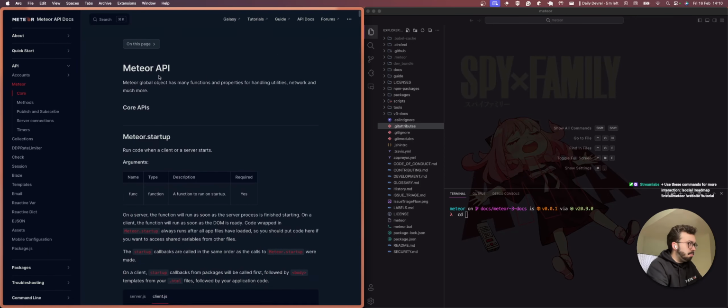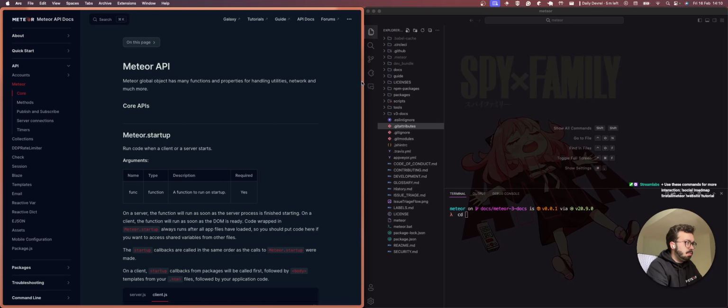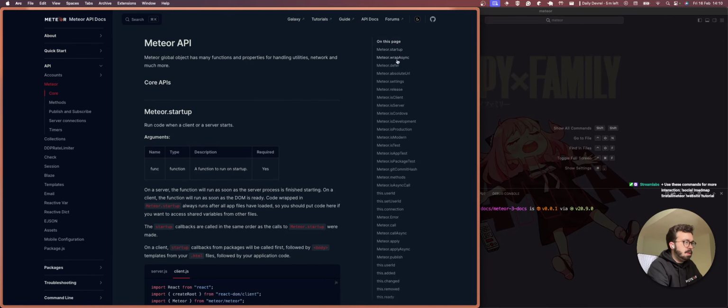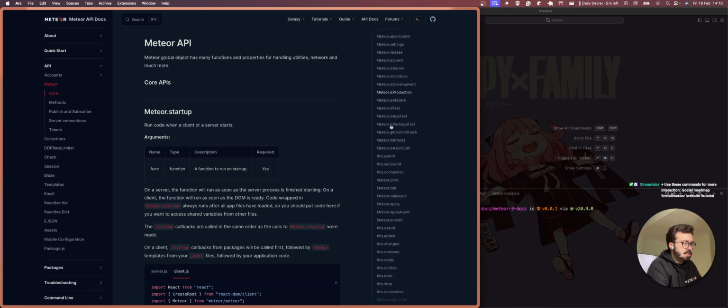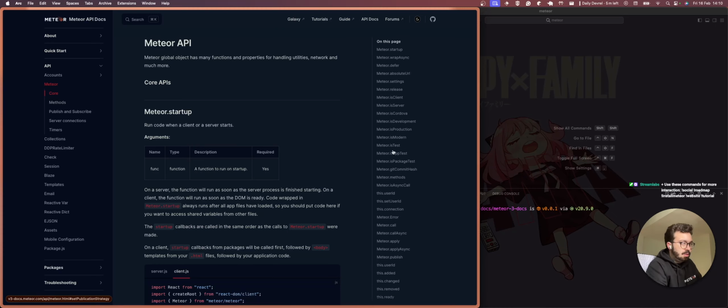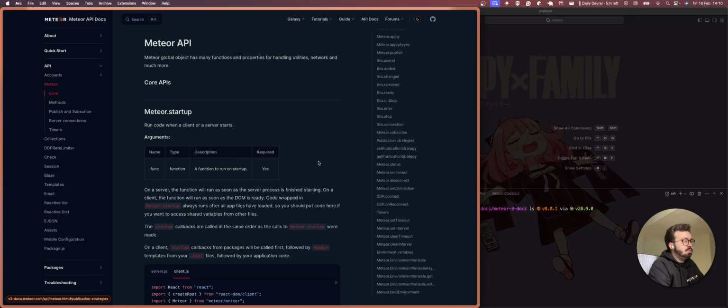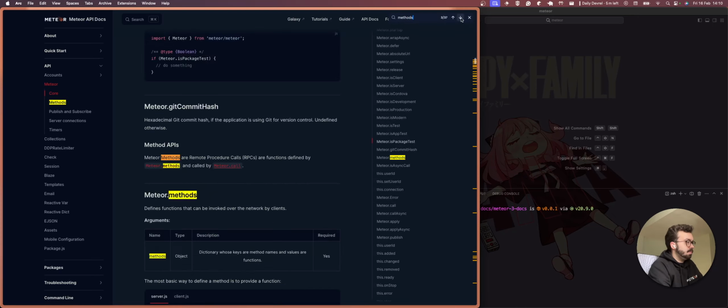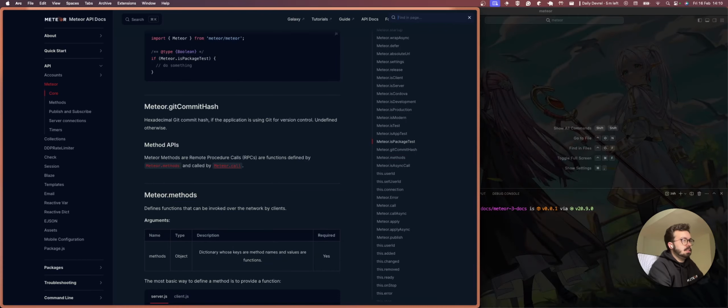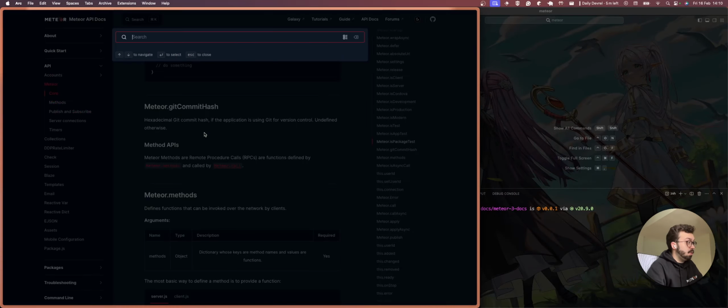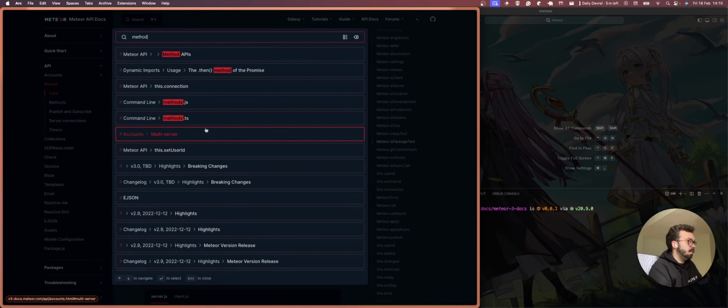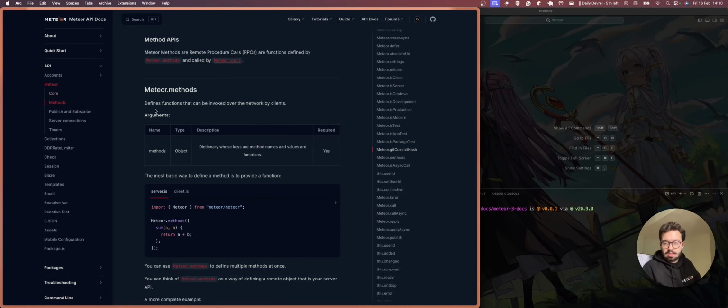There's still the core part, but if you open on a bigger screen, you can see everything that's inside of it and everything that's Meteor related. Sometimes you want something like methods that's really easy to find. You can search here for methods, and you can find Meteor methods just like this. Command K, I'm not sure if it's working now because I haven't added Algolia yet, but I think it does. Yes, this is local search.